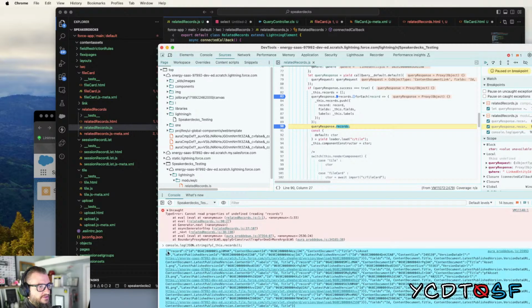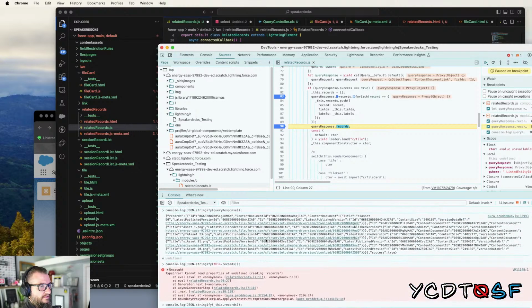You see the structure here? It comes back. Each of these has... Oh no, that does make sense. Each of them, we created a record property which has the values, and then we're passing the fields and the labels separately. So,